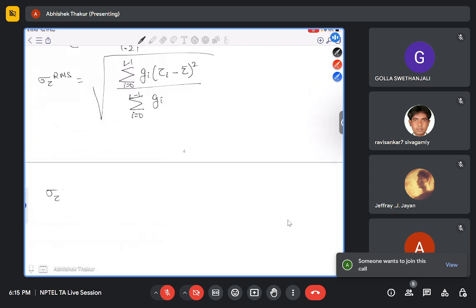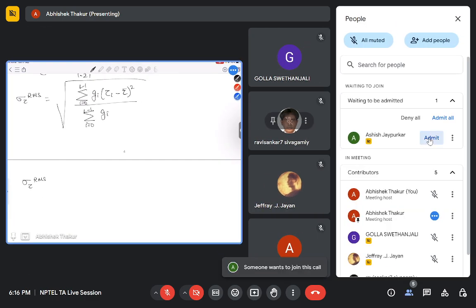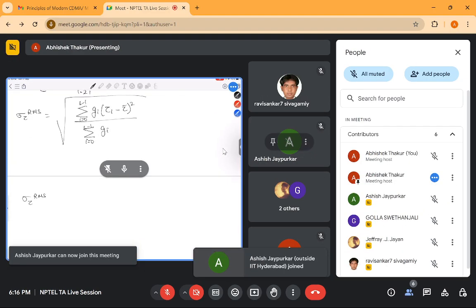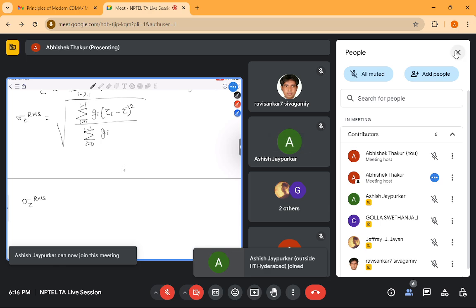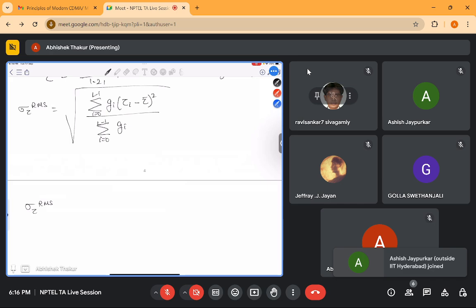So we can expand this and calculate. After expansion, G naught is